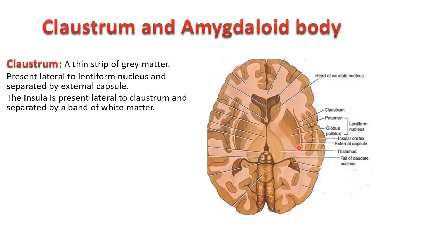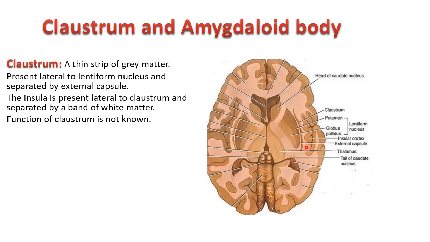We don't know what is the exact function, and laterally it is related to the insula and separated from the insula by again a band of white matter. Okay, so the exact function of the claustrum is not known. So next structure, we have finished about the caudate nucleus, lentiform nucleus, anatomical structures, components of the basal nuclei we are dealing with,